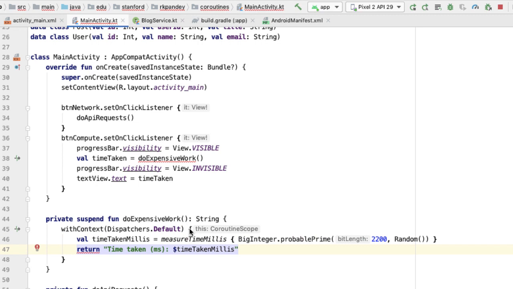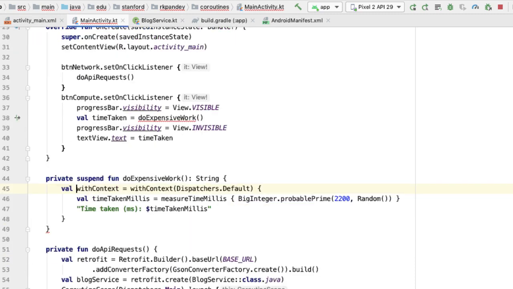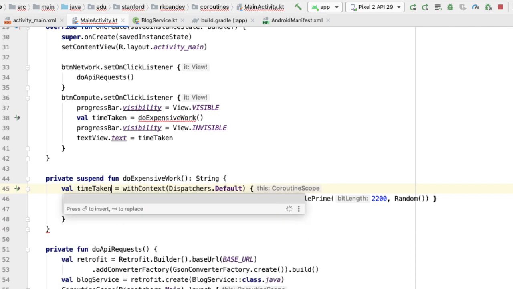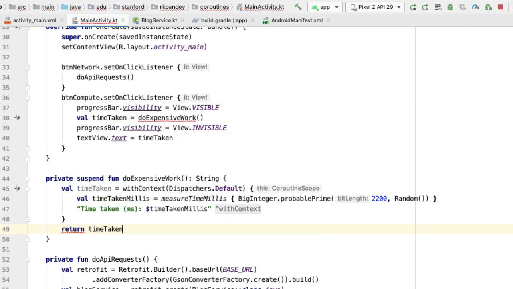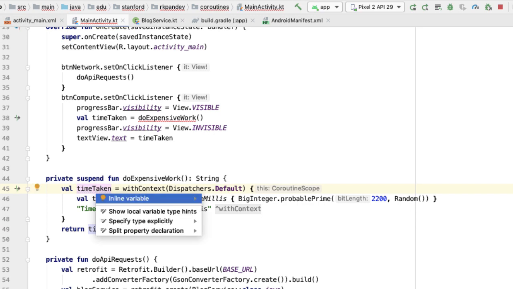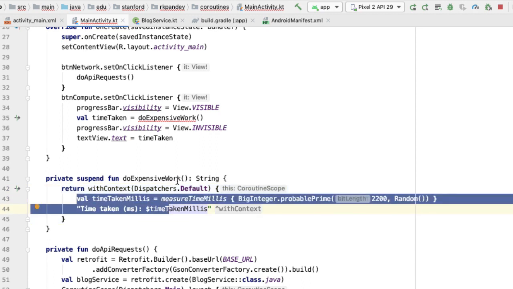So what we have inside the curly brace here is a lambda. And for a lambda, the last line is automatically the return value, so we don't need return. And we can capture the return value of this lambda inside of a local variable. I'll call that timeTaken. And then all we need to do is return timeTaken from this doExpensiveWork function. And then actually we can simplify this a little bit more by inlining the variable timeTaken. So we are simply returning this body of work, but we are making sure that this body of work happens